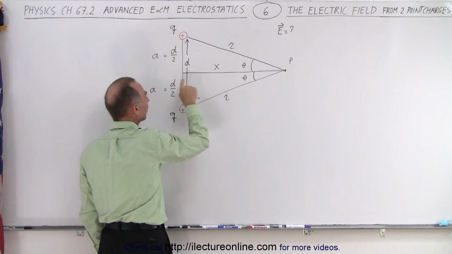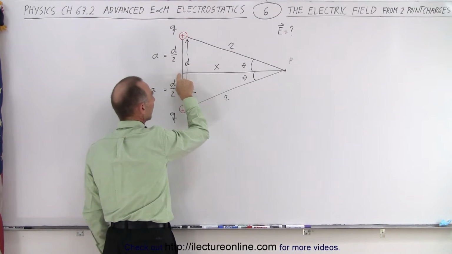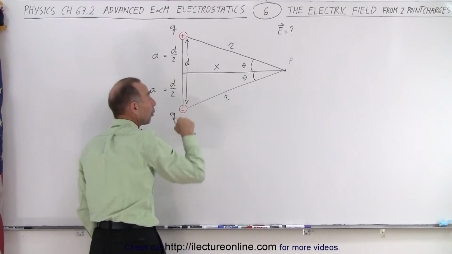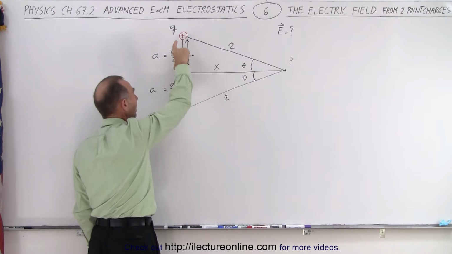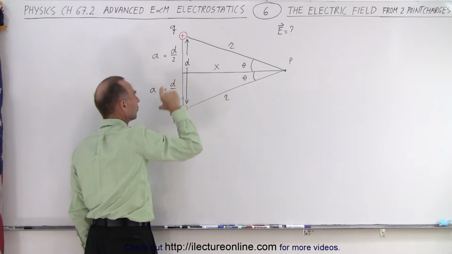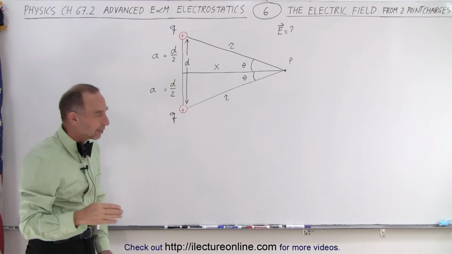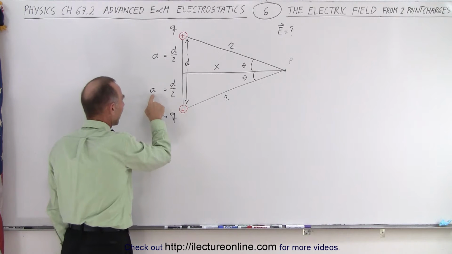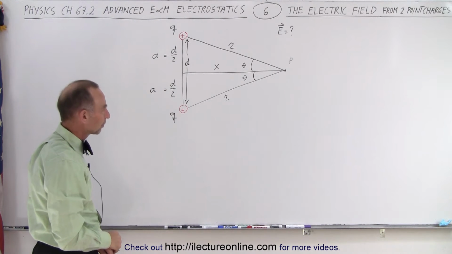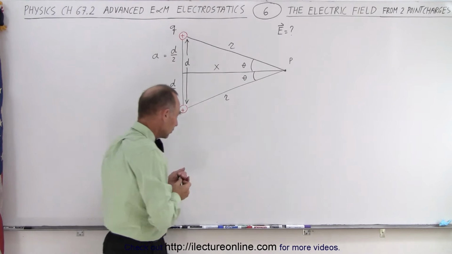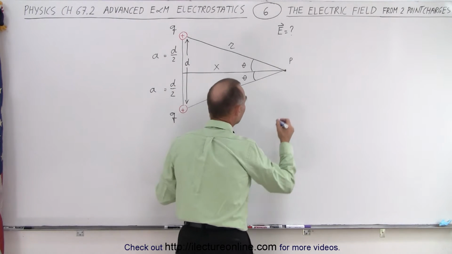connecting the two charges and perpendicular to the line right there, so that it's right at the midpoint between the two charges. So if this distance between them is d, then this is d over 2 and this is d over 2. Sometimes I like to make little substitutions like this, a equals d over 2, so that it's easier to do the calculations. So when you see this, you realize then we're going to have an electric field emanating